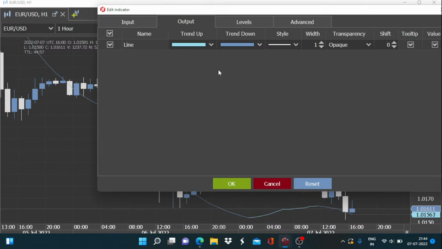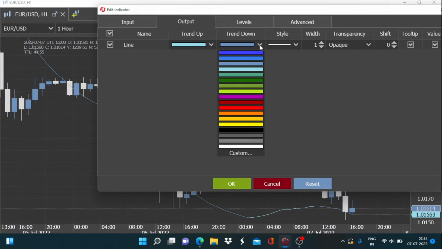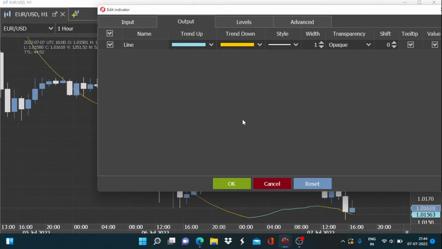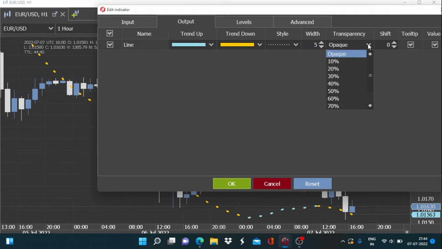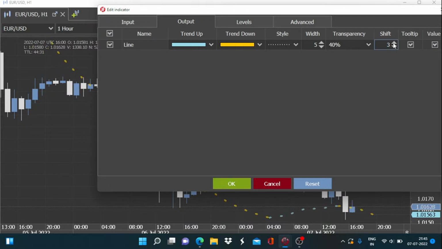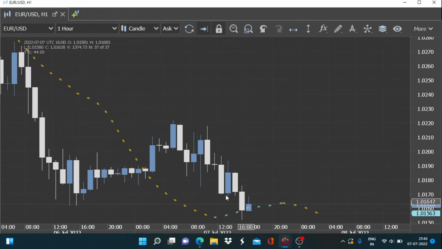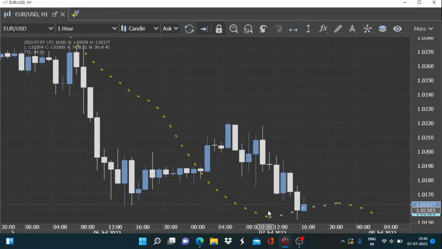So if you want to work with a different color combination for downtrend different, uptrend different, all you have to do is opt for this various options. You can increase the width. We have these options, transparency to make things interesting. Okay, shift value. So you will see as I am changing the shift value, the plotting is changing as we go with a look back period of 10. You can see the combination of these TMA has